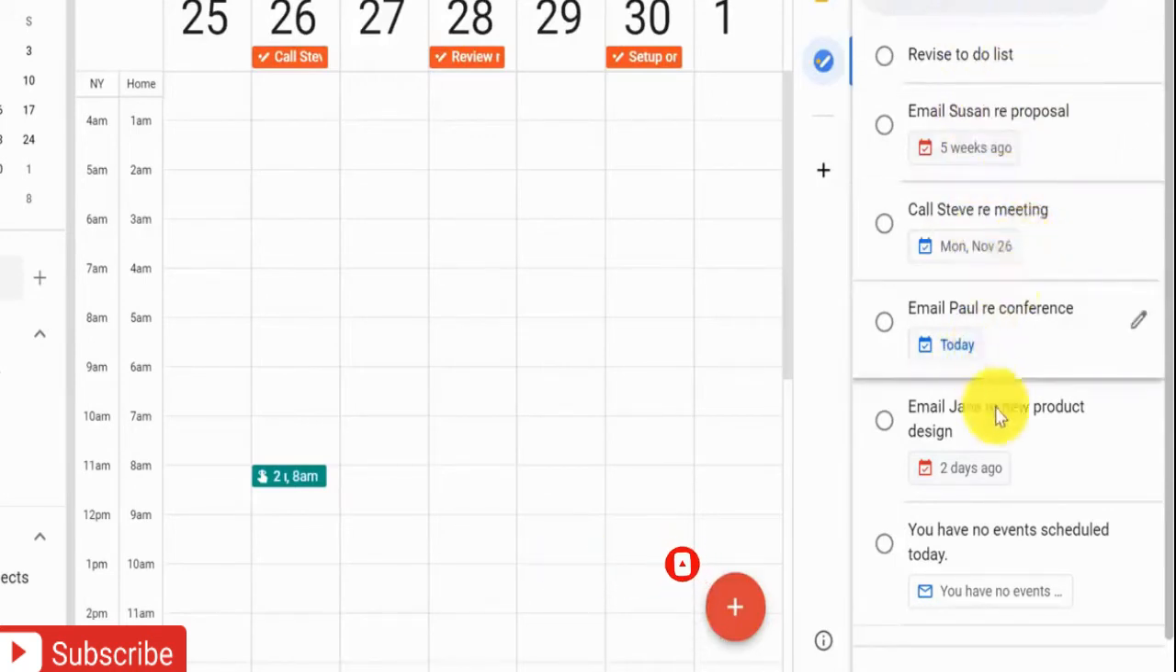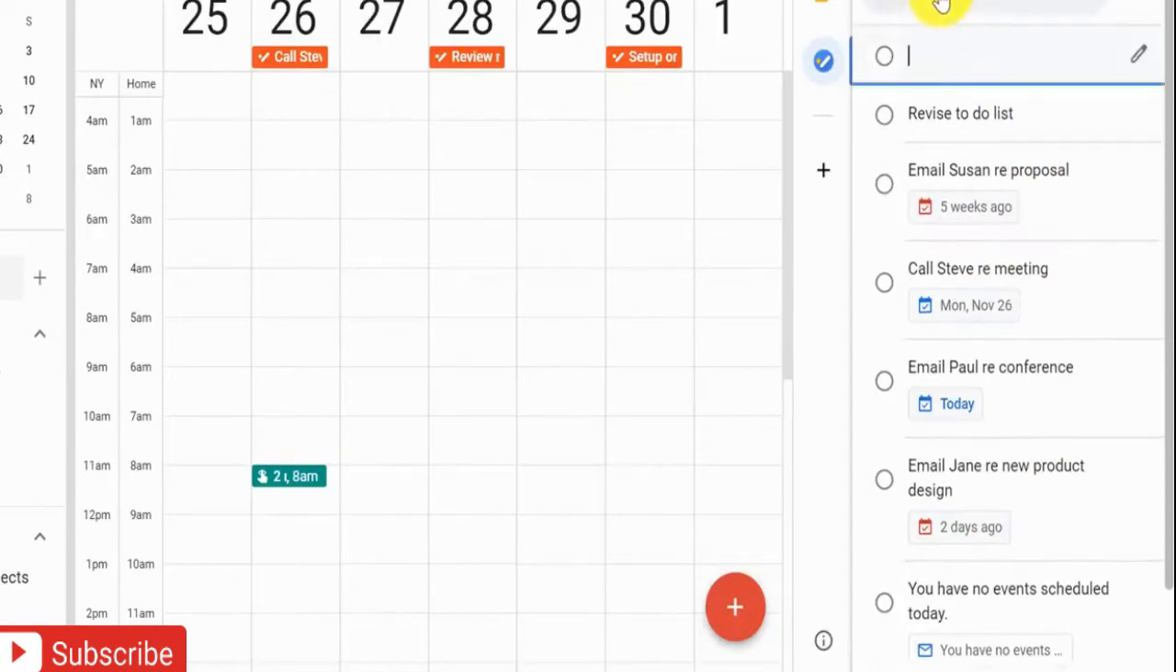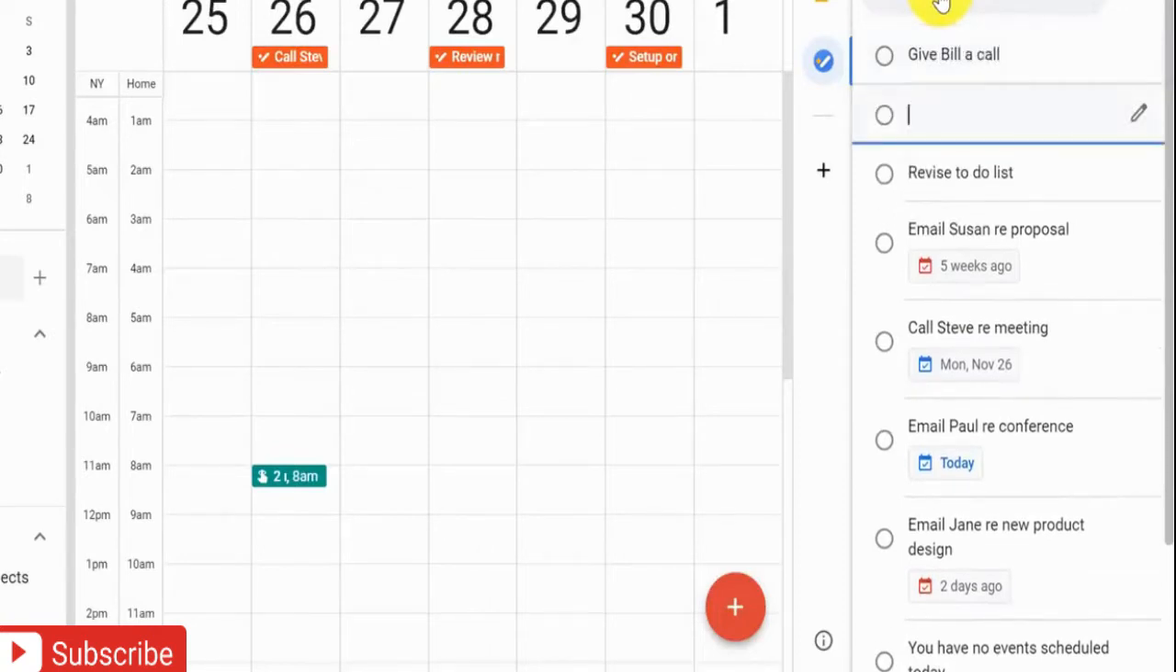So here I have a couple of sample tasks which I've added already. In order to add a task, it's very, very simple. Just click the plus or this field at the top of the bar. I need to give Bill a call today. I can hit enter on my keyboard and immediately I can start adding an additional task as well